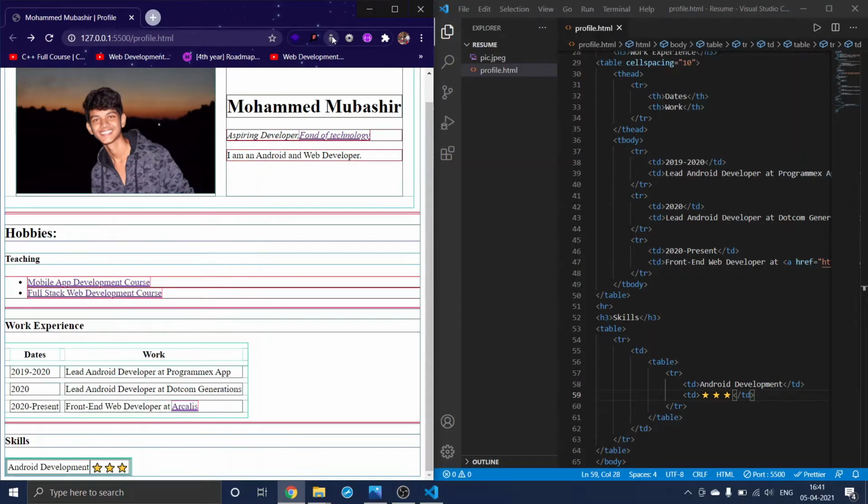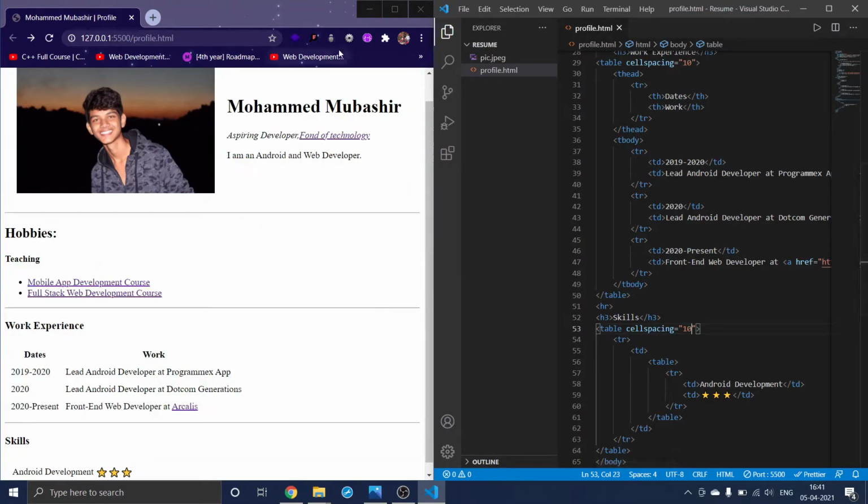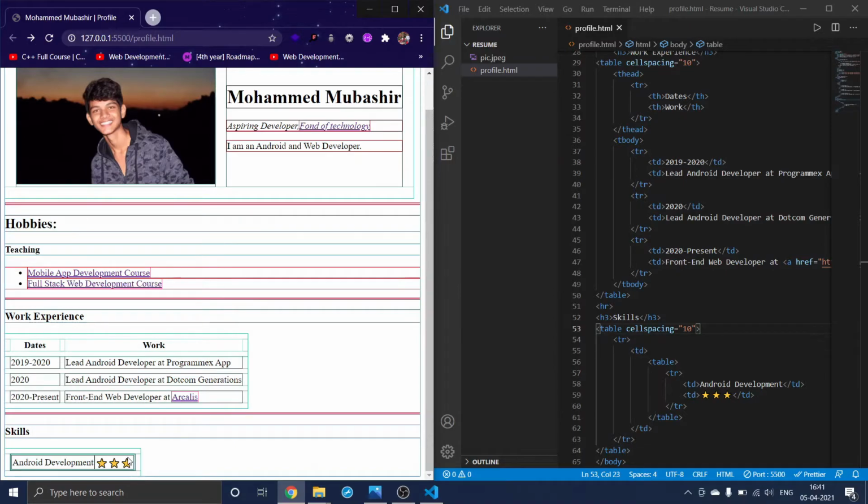When you click on this pesticide, see we have a table in a, okay, let me give something like cell spacing, which says 10 cell spacing. See, this is a table, the green one, and in that we have another table.